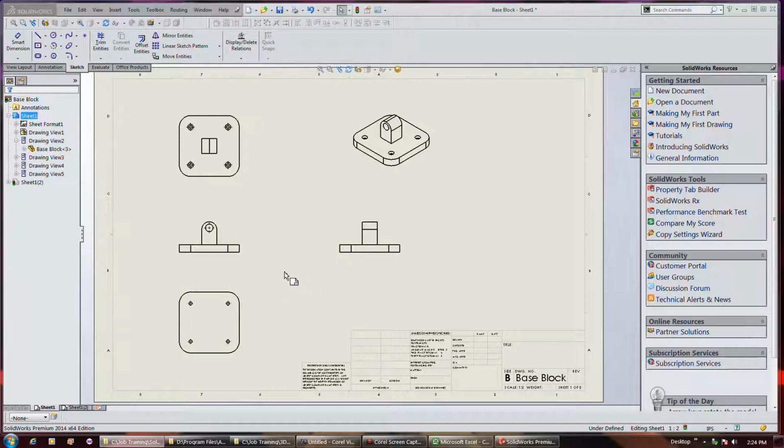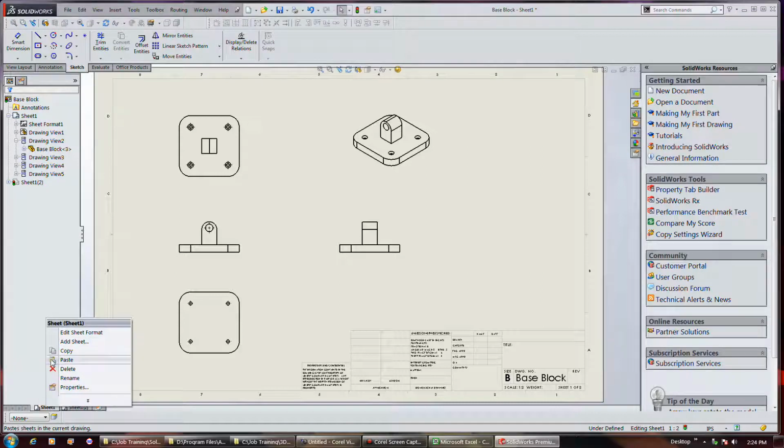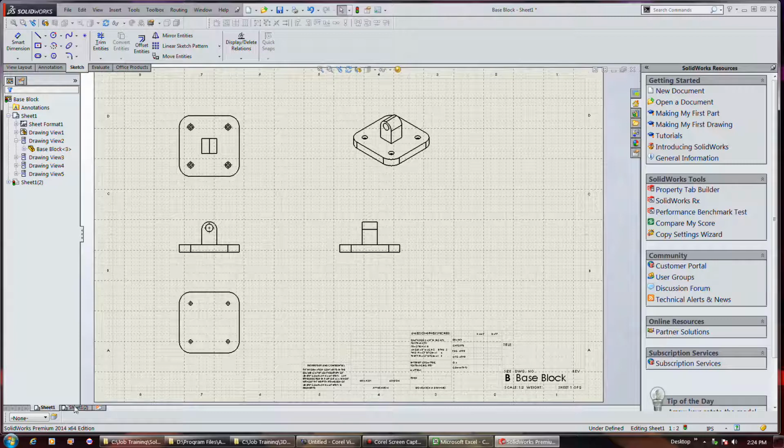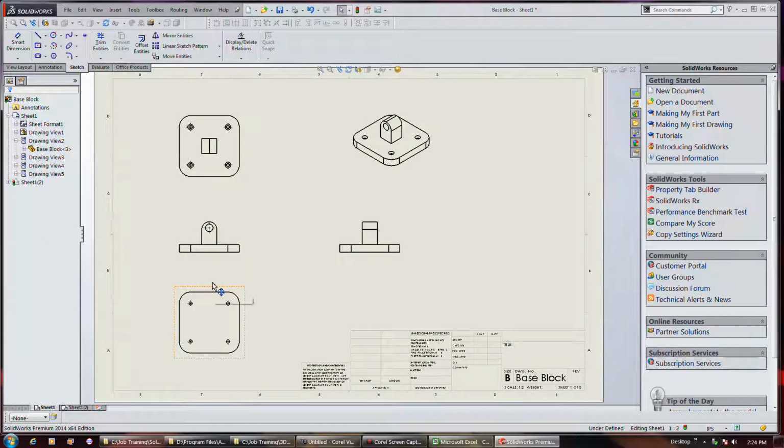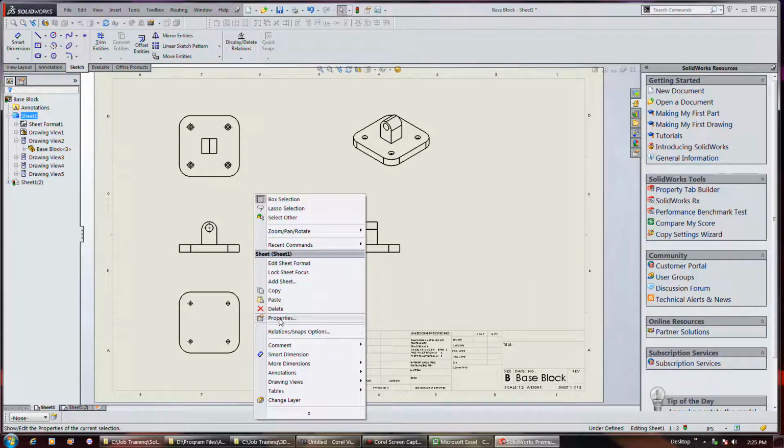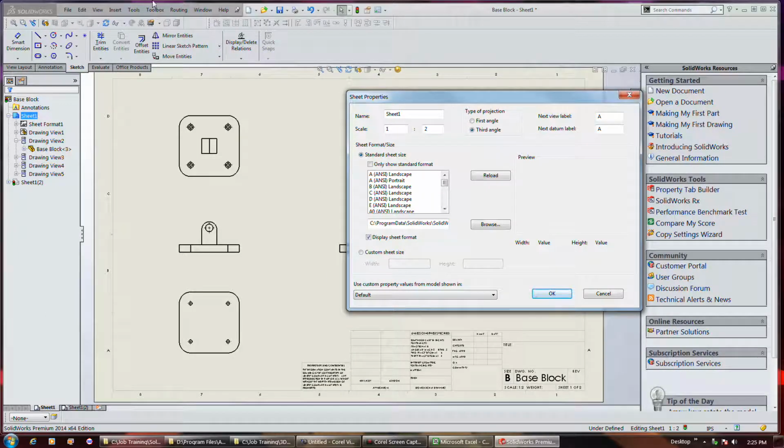Alright, I'm going to start by summarizing some of the stuff in the last video, since that was mostly a gripe video. You got this right menu, so you can click on this, do a display grid if you want. You can copy the sheet like I did here, copy and paste the sheet, so you want to change the properties, hit the property. This is a different property thing than this thing that I usually hit. But you can dynamically change the sheet size, change the sheet scale from 1 to 1 like I've done here,